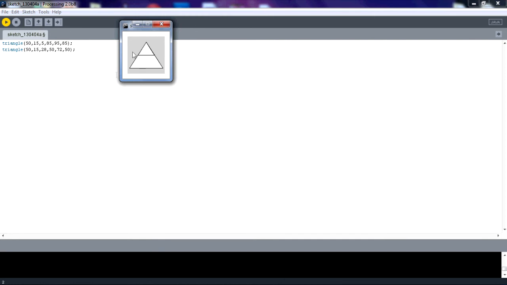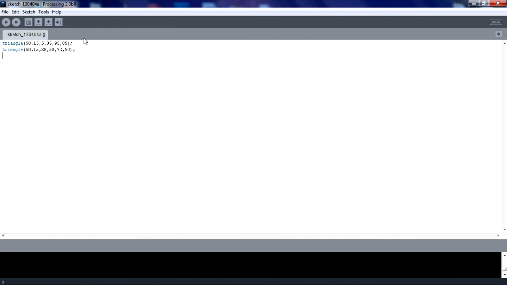Now this triangle is going to be very useful because we only need to know one more point for this entire project. So, close this up, and then we do our next triangle. We know that this triangle, which will be in the bottom left corner of the main triangle, is going to have to go halfway between 50, 15 and 5, 85. It's going to be at the bottom left of the triangle, which is 5, 85, and it's going to be in the center